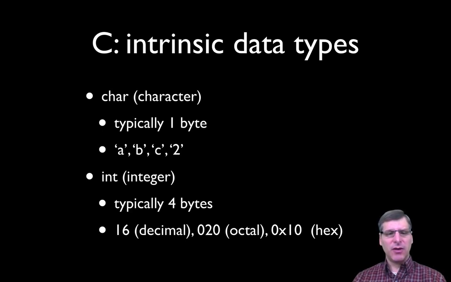Now these typically utilize 4 bytes of space. So here's some example integer literals. I've got 16, that's just a decimal number. If I wanted to specify octal, I could preface the number with a 0, so 020 refers to 20 octal. And I can also represent a hexadecimal or base 16 number, and the way I do a literal integer in hex in C is I preface it with a 0x. So here you see a hex 10 literal.